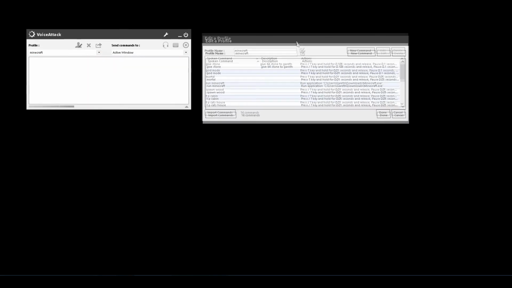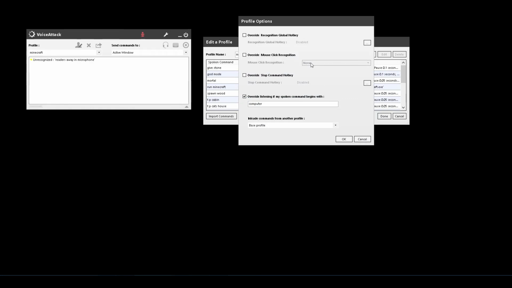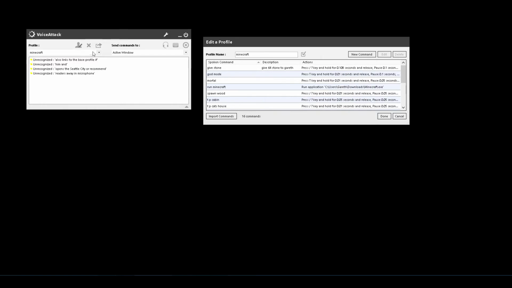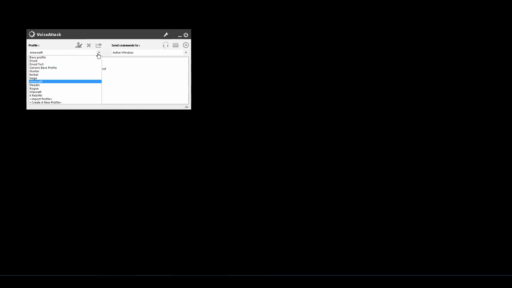That's all exported, that's fine. So, that's not me. Here we go, so we're in the Minecraft one. Open this up, you can see in here I've also got the override command with computer in there. Also links to the base profile. Now because it links to the base profile, I can use any of the base profile's commands, which means when I'm within the Warcraft one, and I'll show you now,